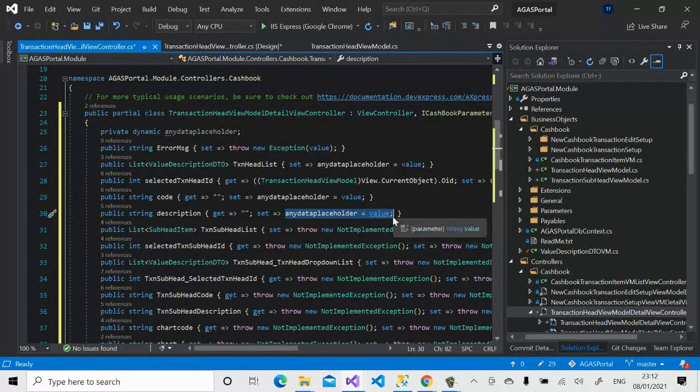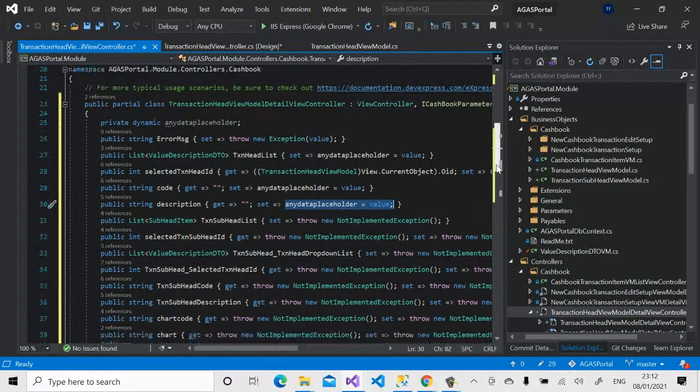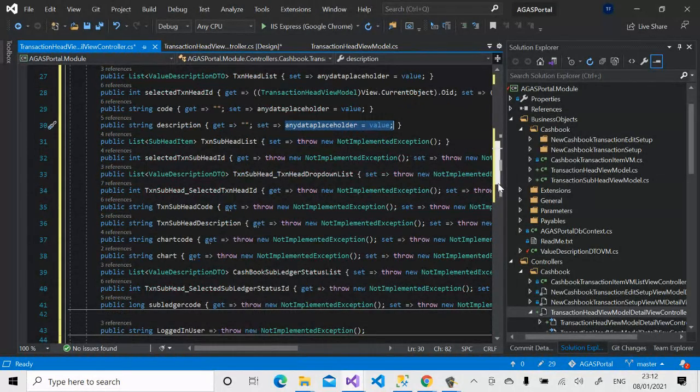So let me copy this. So this is the list. This is the particular list that we're customizing, until we will come back later and write it down. But in the meantime,